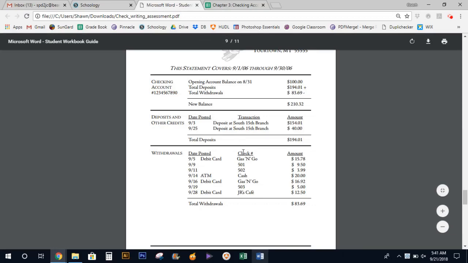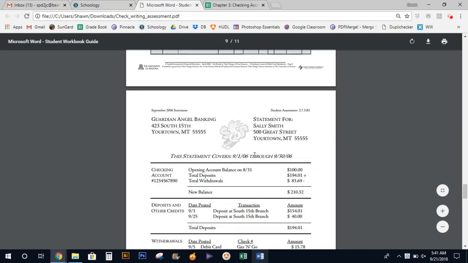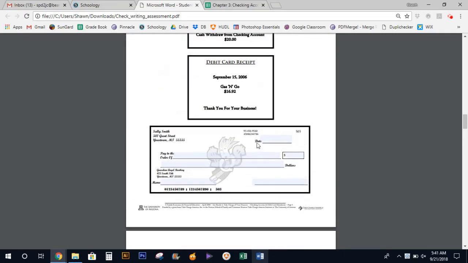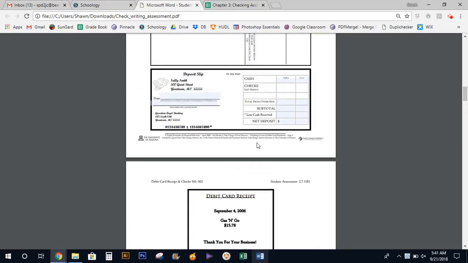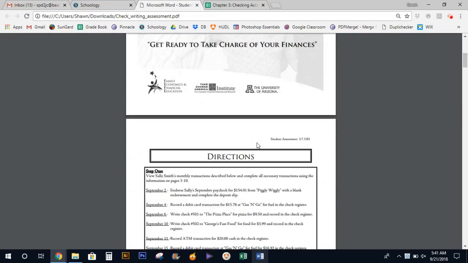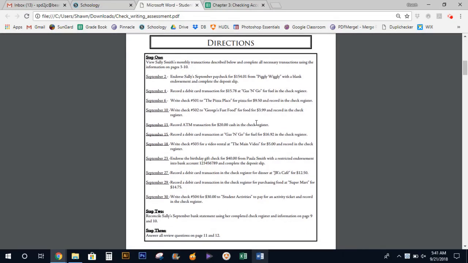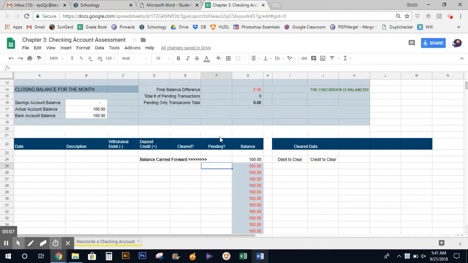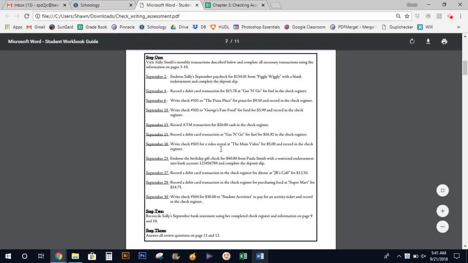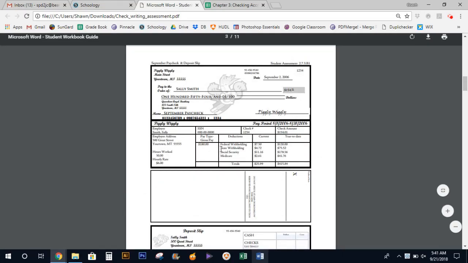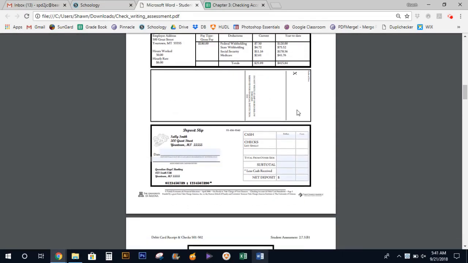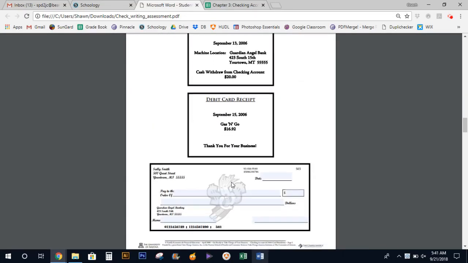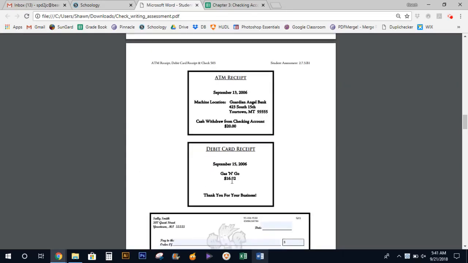Now, what you want to do in order to do this correctly, my advice is to go through all the transactions that you see in your directions. Go through all of your directions and write them all down in your checkbook register first. Get all that stuff taken care of. Then go through, write out all of your checks. So you're going to sign off on this check, and then you're going to write out these checks here. Make sure that you get all of them filled out, and then check your bank